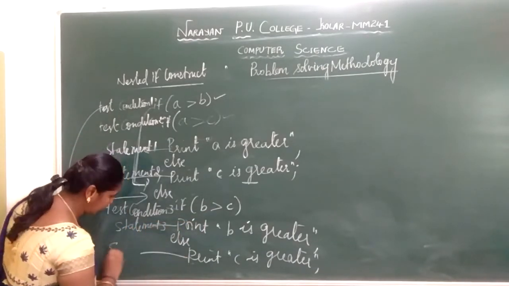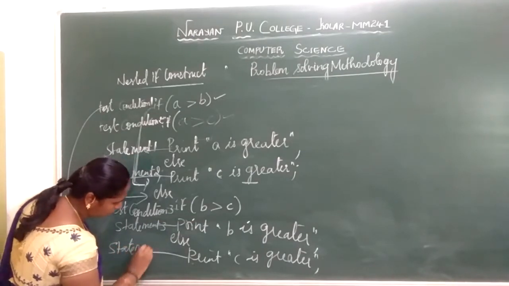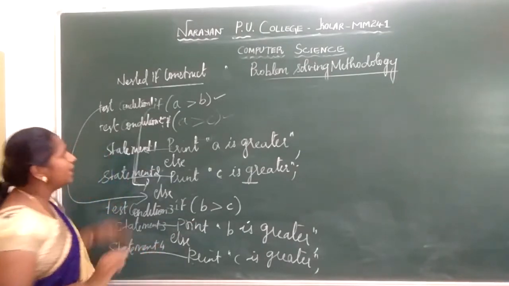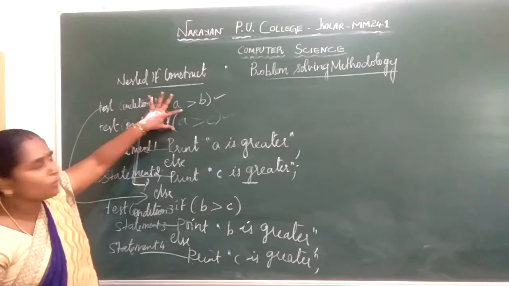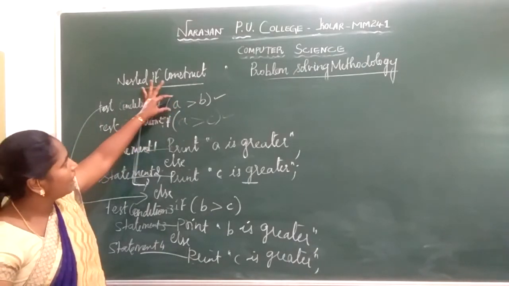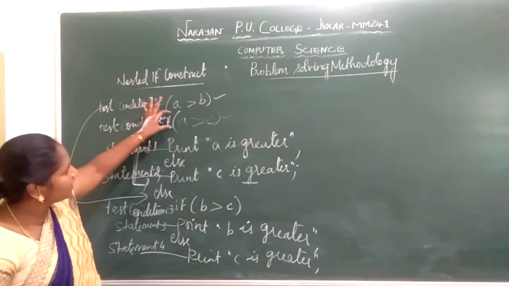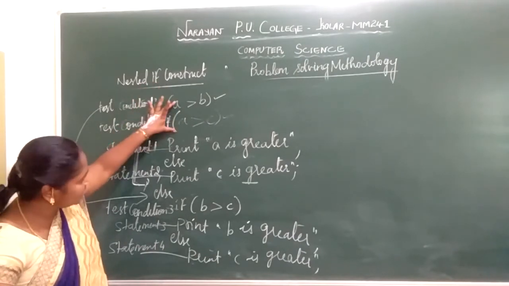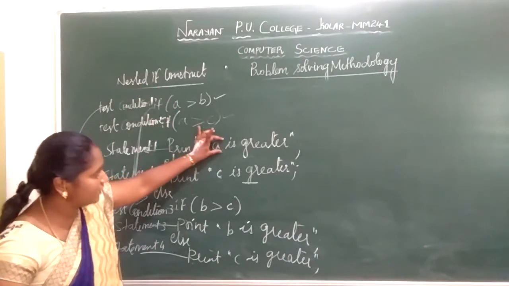Else I'm going to print statement 4. That is the general form that is mentioned. See here, you're going to check for one if being enclosed within another if. If both the ifs, that is, one main if nested with another if, these two conditions are satisfied, I am going to print statement 1.